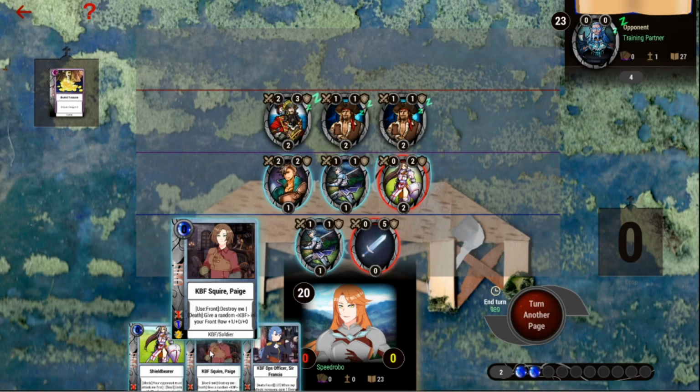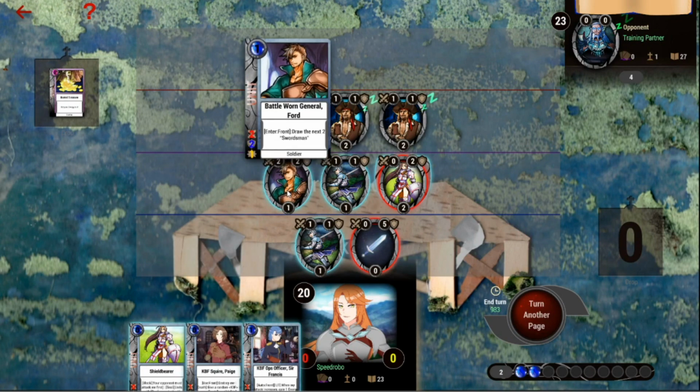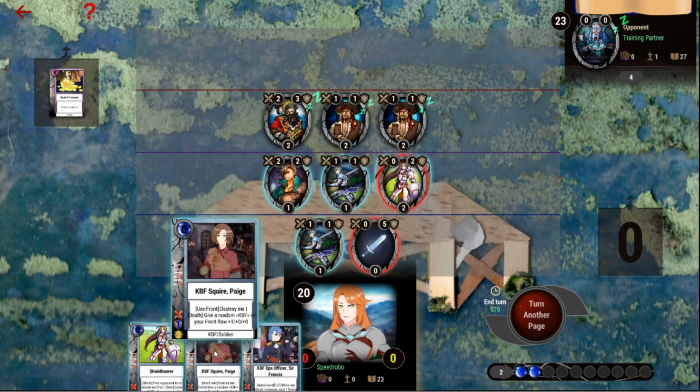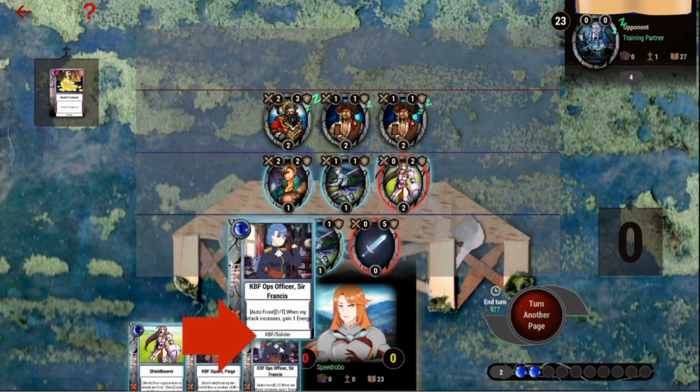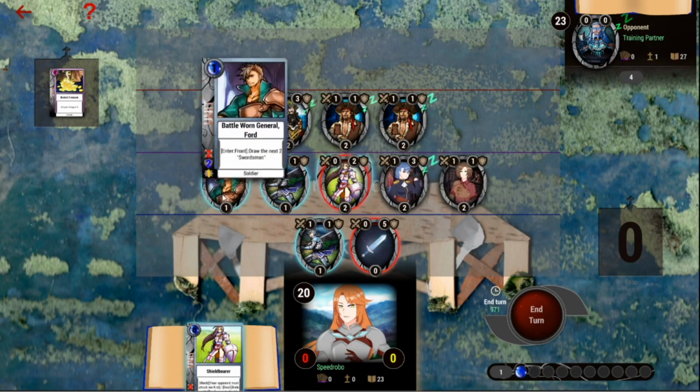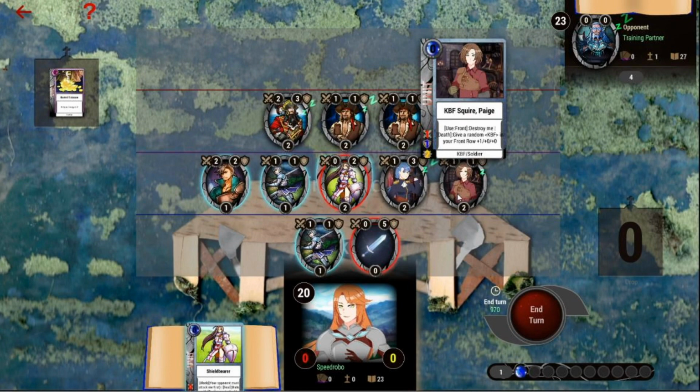We can play Paige now. However, her use ability would not be helpful to us as we don't have a KBF unit on our field. Sir Francis, however, does have the KBF attribute. This means if we play her first and then play Paige, we can use Paige's use ability to its fullest